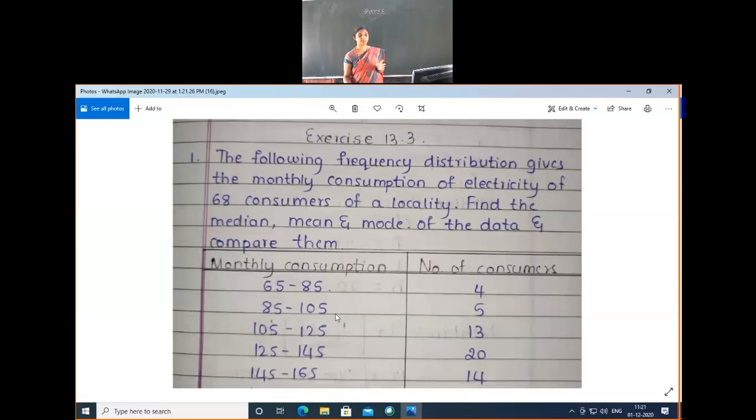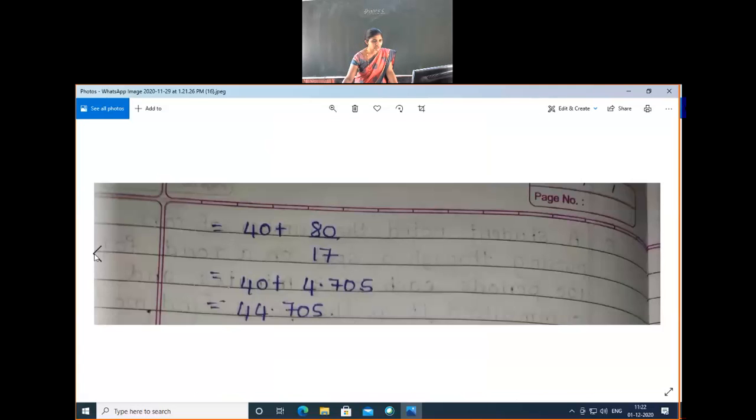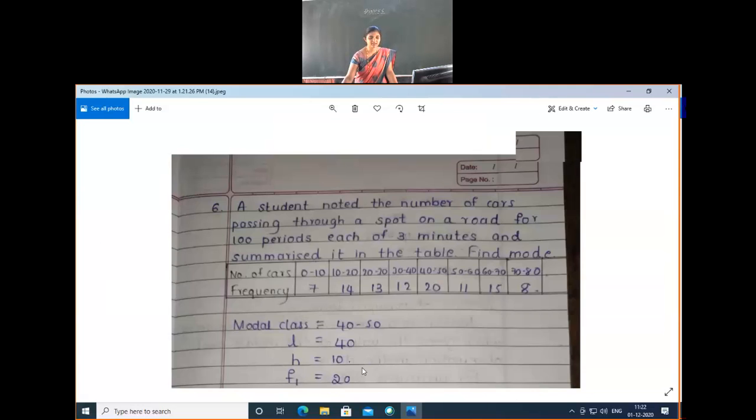13.2 exercise discussion is over because only 6 problems are there in 13.2. So now we have to discuss the 13.3 exercise. It is related to the median topic. The following frequency distribution gives the monthly consumption of electricity of 68 consumers of a locality. Find the median, mean and mode of the data and compare them. See here, for the single data, you have to find out all the 3 measures of